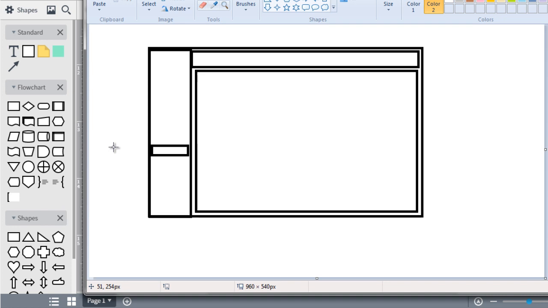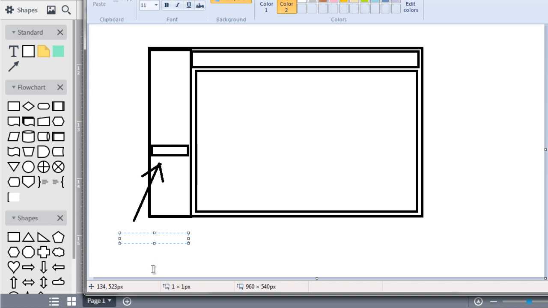So maybe the menu bar here, we could say menu bar. So I'm going to make an arrow here. And the menu bar, they should have the ability to see a list campaigns, create new campaign,